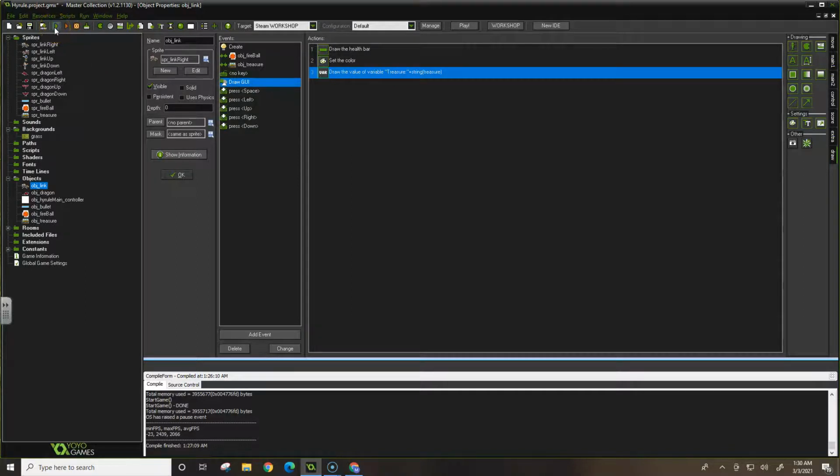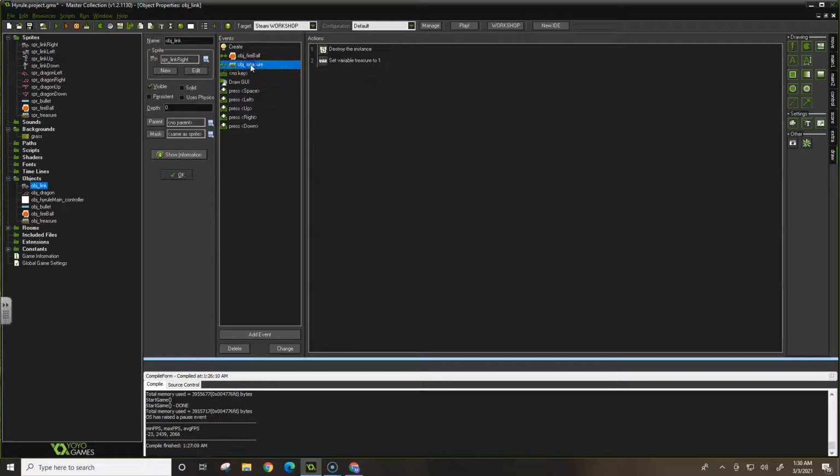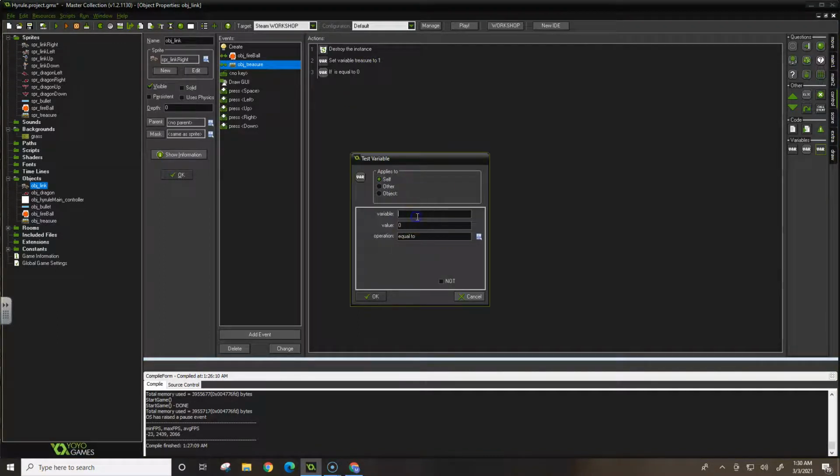So let's add one more thing here. Let's say that if we get a certain amount of treasure, then we win. Let's make a simple kind of end scenario here. So Link, if he does get a treasure, so if he collides with the treasure, why don't we check to see how much treasure we have? So we'll go to control, and we will test a variable. Right? So we're going to set treasure to 1, and then let's say something like,